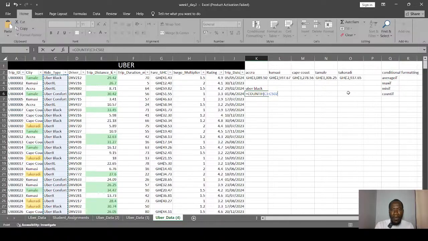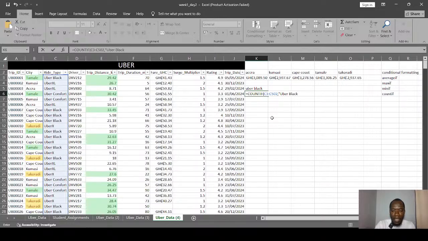Good. Then we bring our comma, and then it's asking us for the criteria. What do you want me to look for, or what do you want me to count in this range? What we wanted to count is anything that contains the word Uber Black, right?